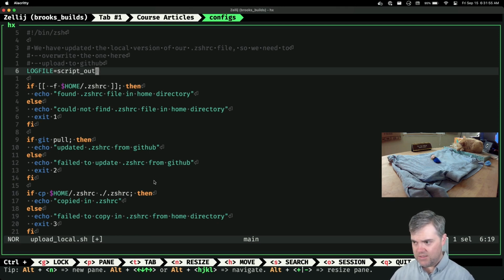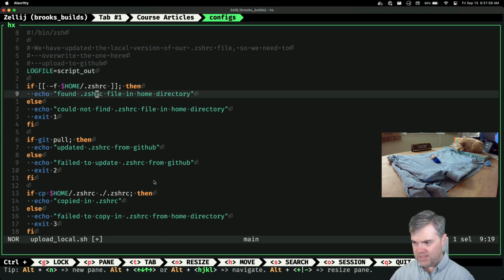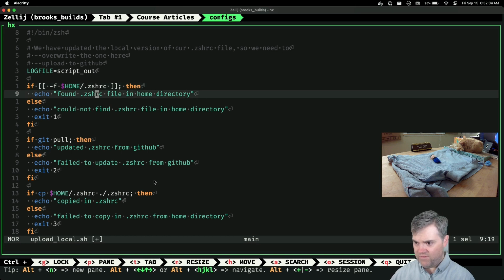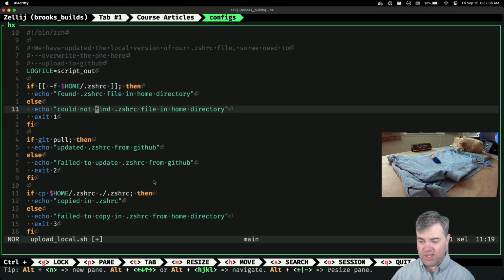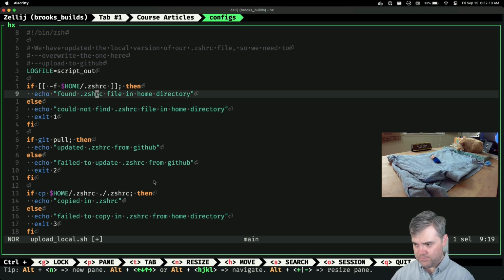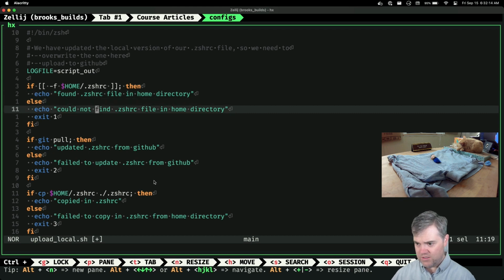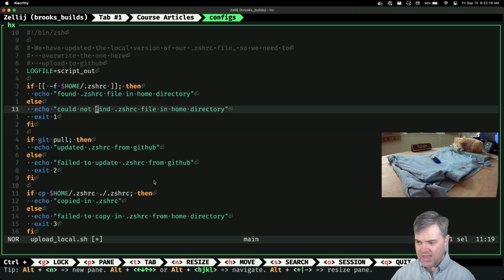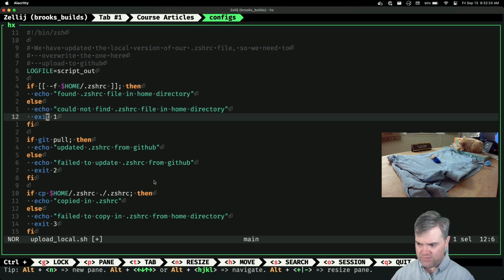So if it exists, then we found it in the home directory, so I do want to log that out. Could not find. Okay, so the errors always want to go out. I forget how to put an output like this to standard error. There's probably a flag on echo I can do for that.